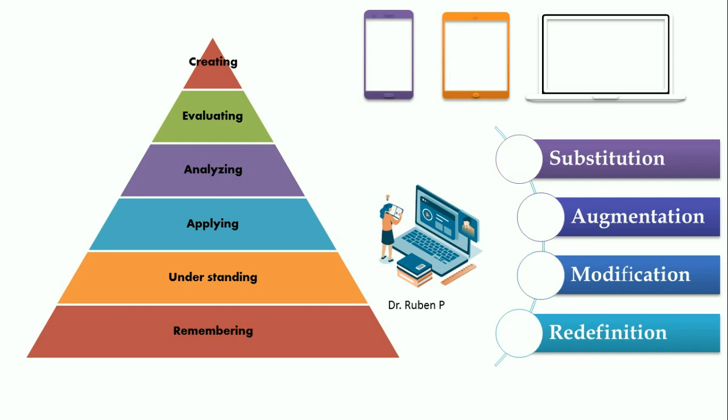The technology allows students to modify things using Google Slides or other digital technology to represent things in a better way. Students can even create their own blog or video using multimedia. So this we can call redefining the activity with the help of technology. In this way, there are 4 ways to integrate technology with Bloom's levels of learning. Let's see some ways to implement it.